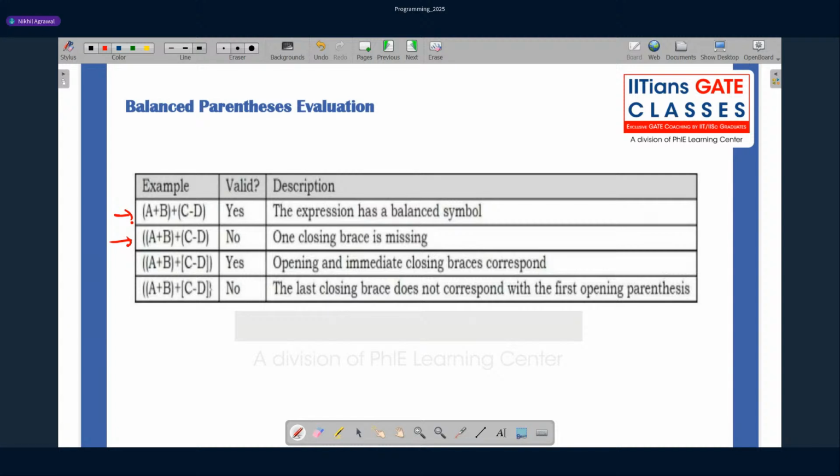Just take a moment and think on your own. Try to recall whether we have done any coding lab assignment during our college time. I think this program used to be there either in our semester end exam, or as a C programming assignment we had to write, I guess in the second semester, right? So can you recall how to write the code? Take a moment.